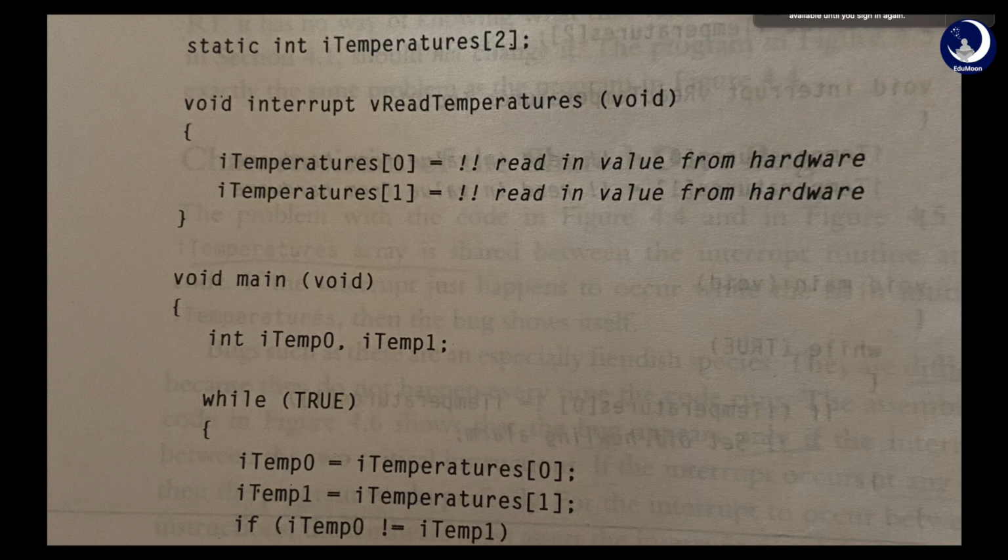So, an interrupt is nothing but a signal to the processor, emitted by hardware or software, indicating that there is an event which is very important and needs attention. This is basically the definition of an interrupt. Just put this in mind.